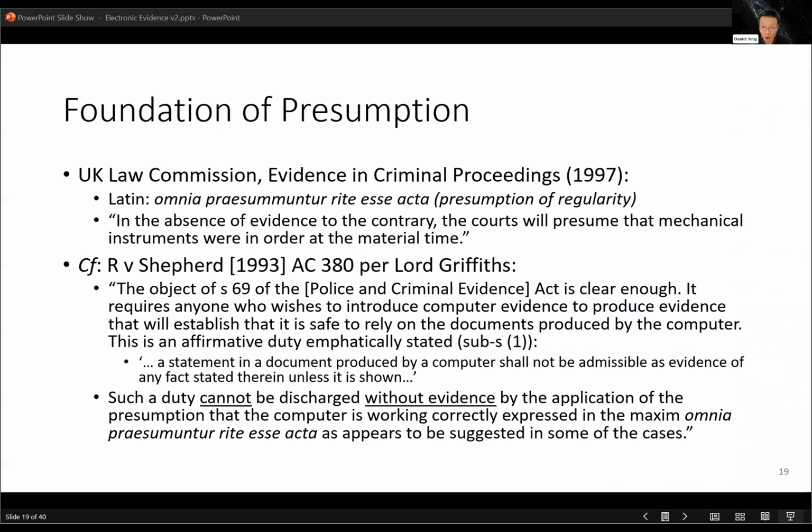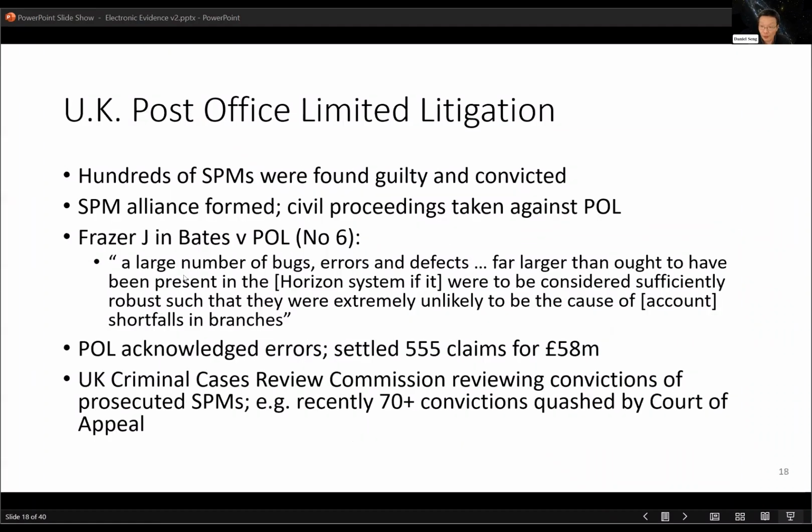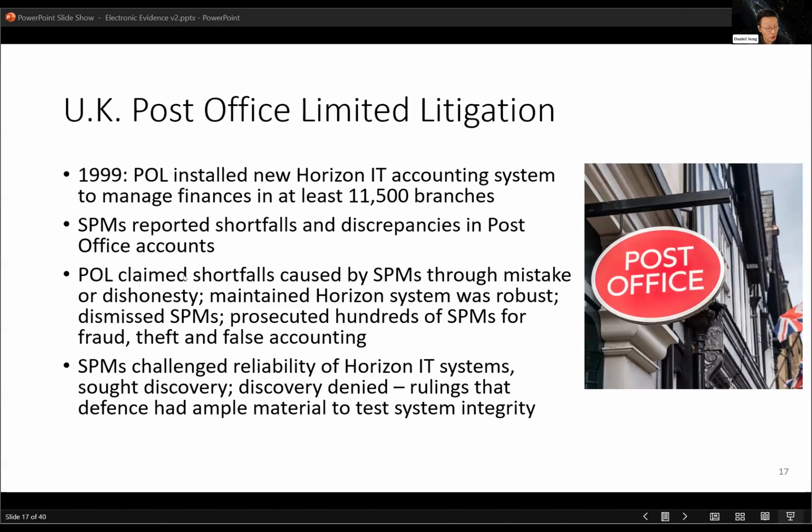I will just briefly sum up the issue from the point of Singapore law. As you heard from Stephen, the post office litigation was a real disaster, a real black mark on the annals of British justice, because of the failure on the part of the prosecuting barristers to take into account the fact that it was their inability to scrutinize the reliability of the post office's computer systems